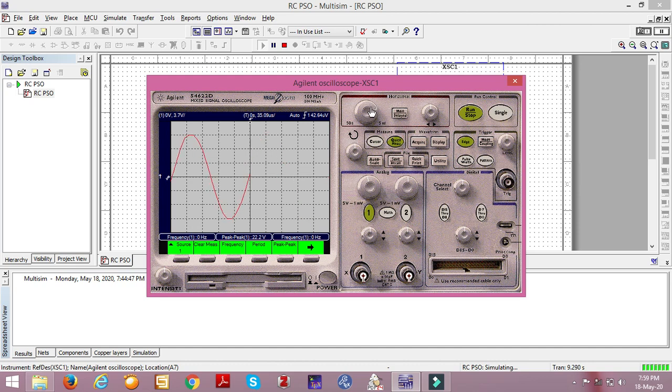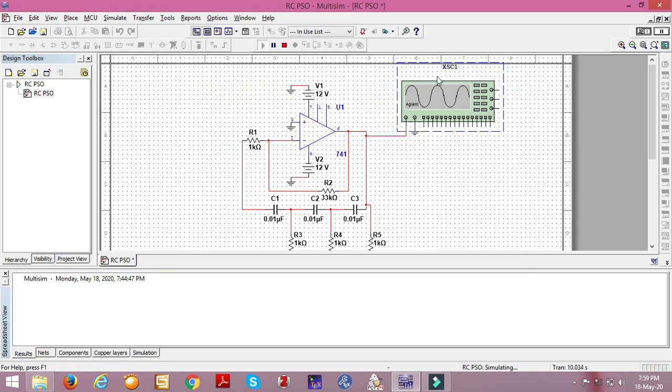The sustained oscillations are produced from the RC phase shift oscillator by satisfying the Barkhausen criteria. So this is how you can simulate and cross verify the results from any analog circuit or any digital circuit. Okay, it is very easy to use and very user friendly.